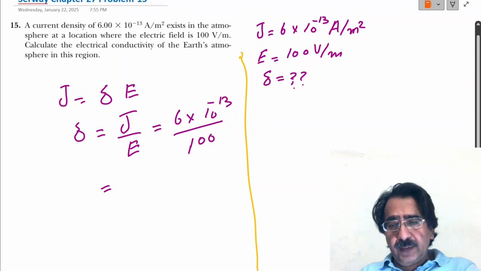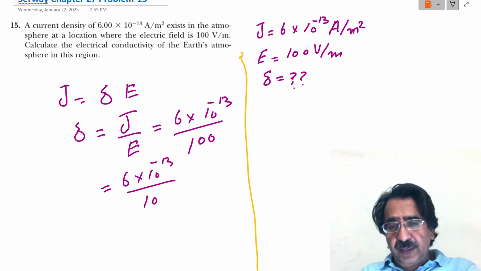So you may say 6 × 10 raised to power minus 13 over 10 power 2,